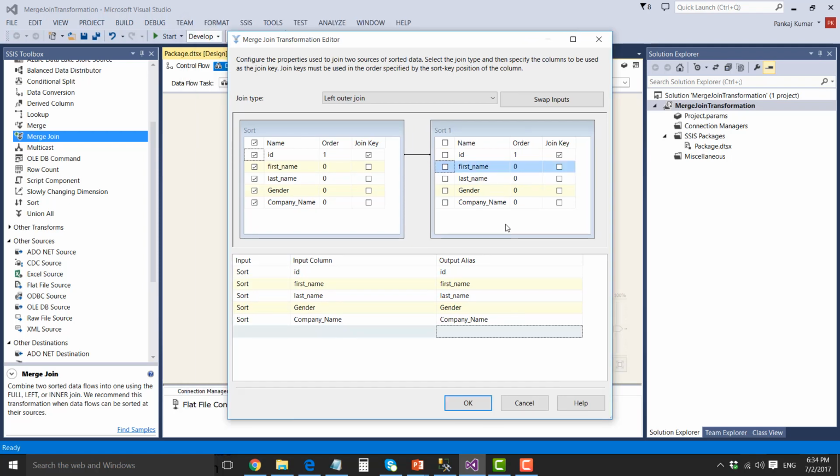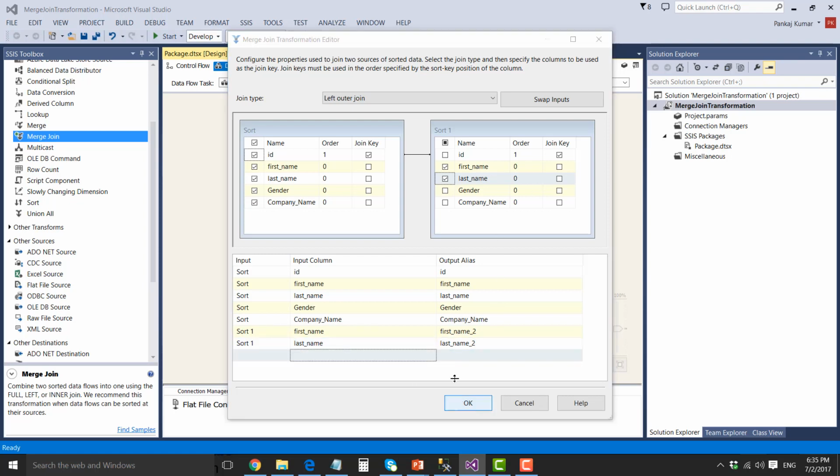Suppose you have more columns in the SQL Server table and you want to select columns from the right input source as well. You can select that particular column as well. For example, I want to select columns from the other source, first name and last name, so it has added first name and last name as well. Let's name these columns first name 2 and last name 2. However, the data is the same between both the tables.